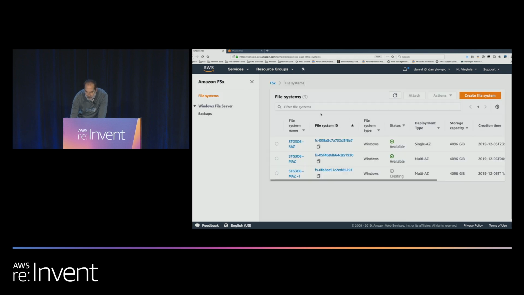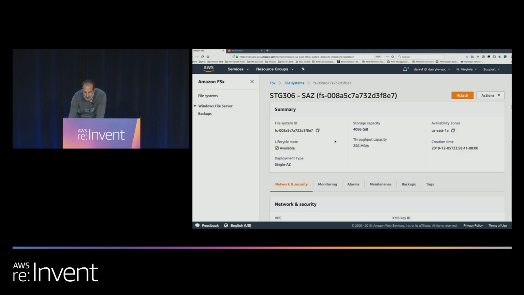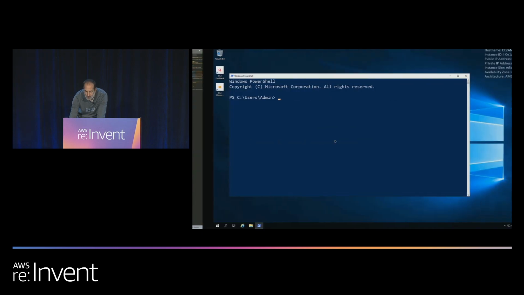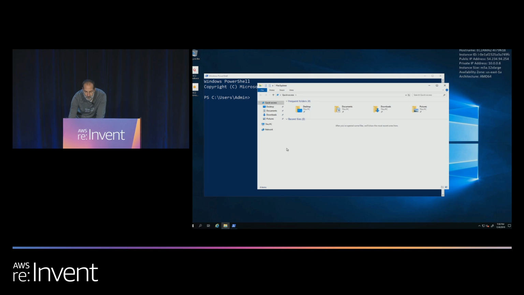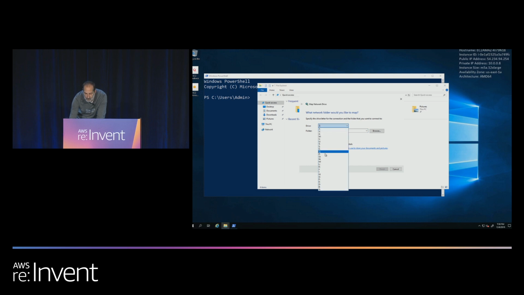We're not going to finish that, but what we are going to do is now map a drive to an existing file system. So I have this single AZ file system that we'll use. Now I have a Windows EC2 instance right here that has already been joined to the same Active Directory or domain as my FSx for Windows File Server. So what I want to do is go into File Explorer, map a network drive, and I'm going to map the single AZ